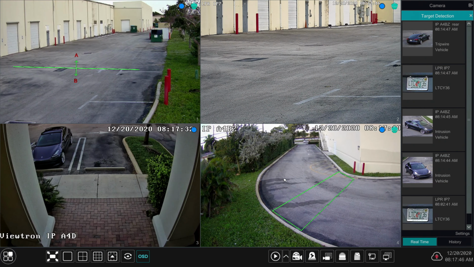But anyways, I got some questions from customers on how they can play back the recorded video surveillance footage once you capture this footage using license plate recognition. So in this video, I'm going to go over in detail the various ways that you could search for plates, all the ways you can access the recorded video when using our Viewtron LPR. Let's get started. Here's the live view on our Viewtron NVR.